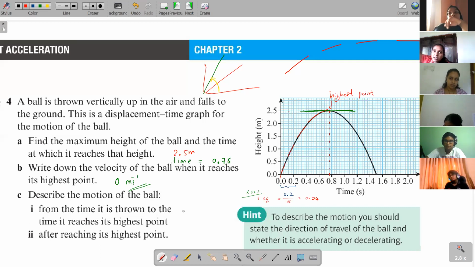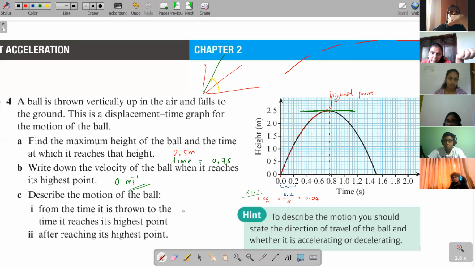If the velocity is increasing, it will never come back to earth, isn't it? The moment you release it from your hand, it goes up. When it goes up, the velocity will decrease until the highest point. What happens at the highest point? The velocity of the ball becomes 0. Again, in mid-air, the ball becomes stationary for a fraction of a second, and only then does it come down.